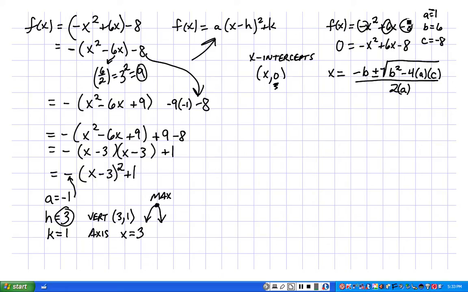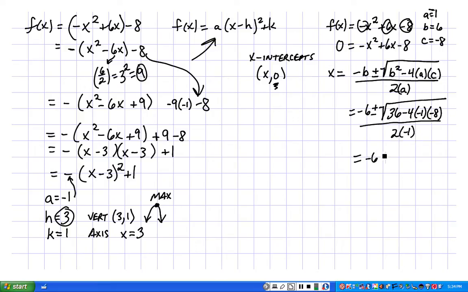There they go. So negative b, 6 is b, so negative 6 plus or minus square root b squared, 6 squared is 36, minus 4 times a negative 1, a is a negative 1, c is a negative 8, okay, all over 2 times a negative 1,